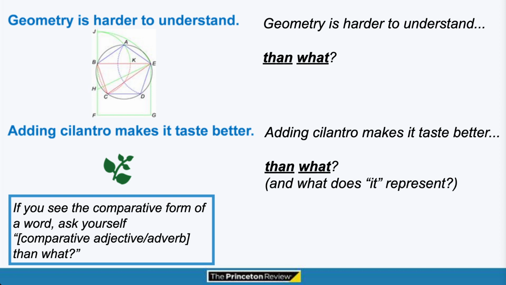And there's another issue with this sentence. We've got an ambiguous it. We're not going to get into it today, but just think about that. What does the it represent? With faulty comparisons, a lot of times the problem is that we're lacking clarity. So we want to make sure that when we're writing, when we're testing, whatever it is that we're doing with grammar, everything is totally clear and precise. Okay. So another